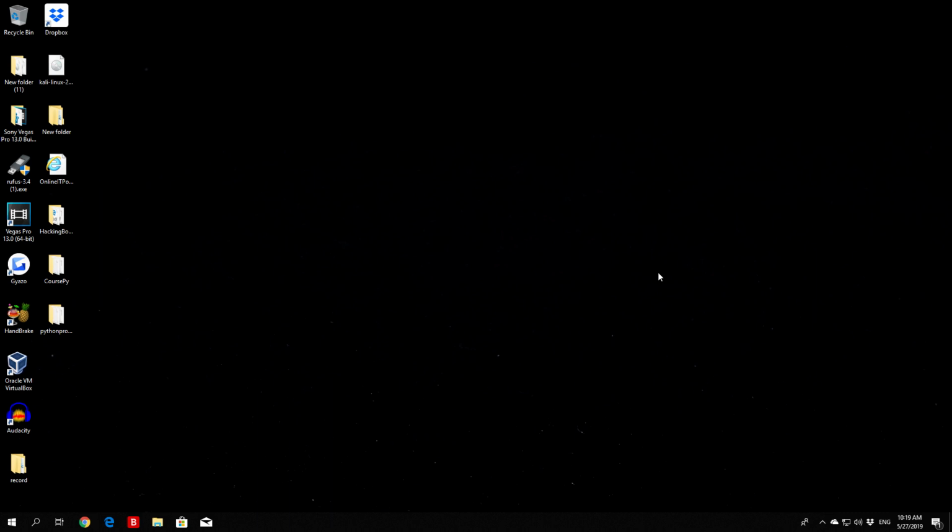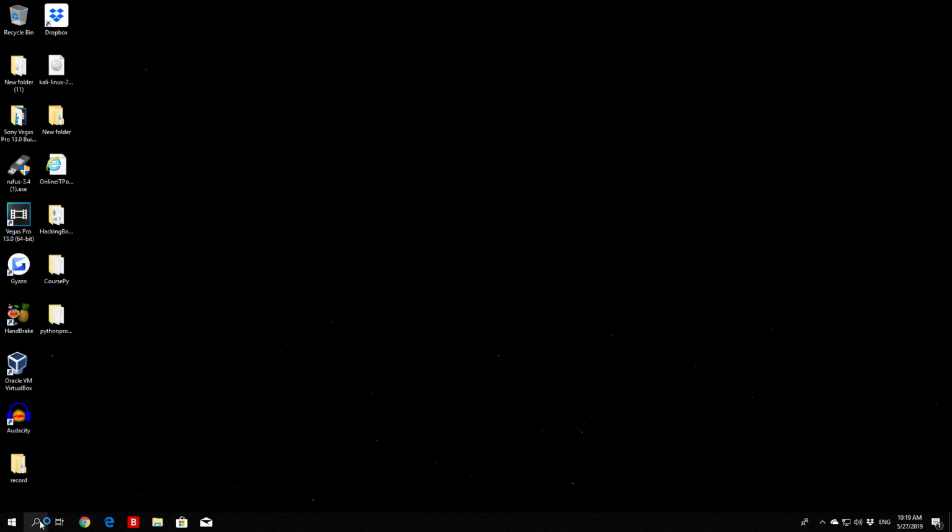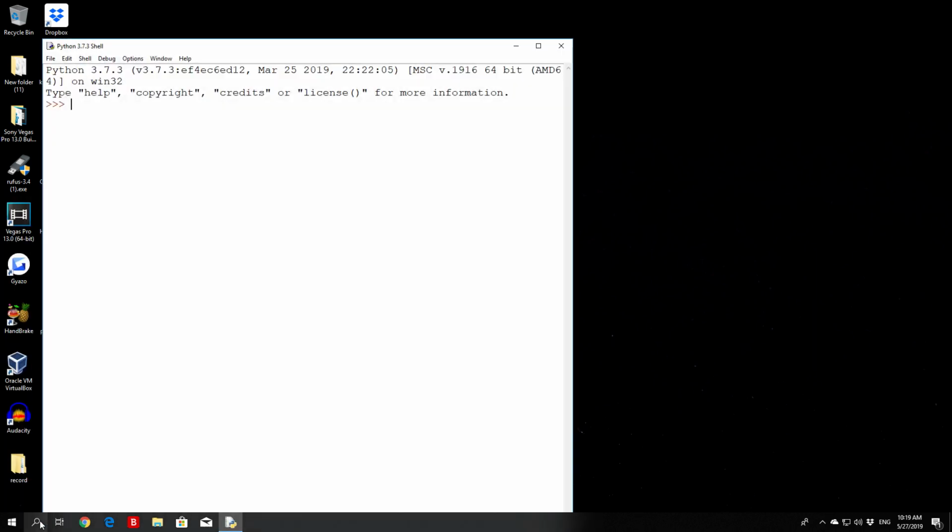So the first example that we're going to take a look at is how we can get the current date and time. Simple as that. If you open up your IDLE, just go up here, type IDLE, and simply write import datetime. You can see that it will import a library that will allow us to perform different tasks. In order to see what's inside the datetime library, we can use the dir function, which will allow us to see everything that is in this